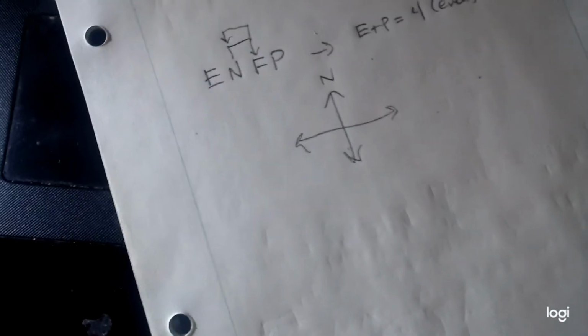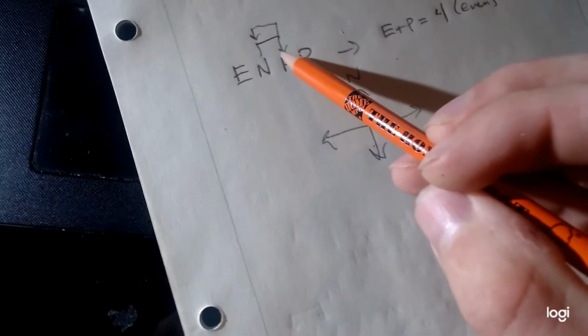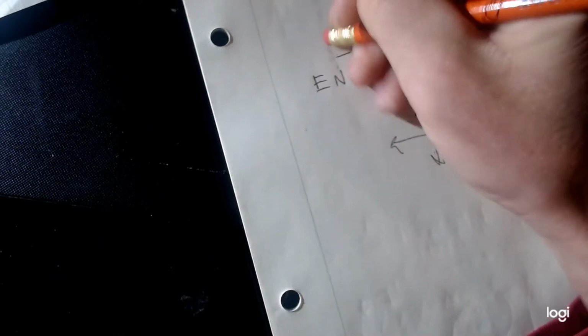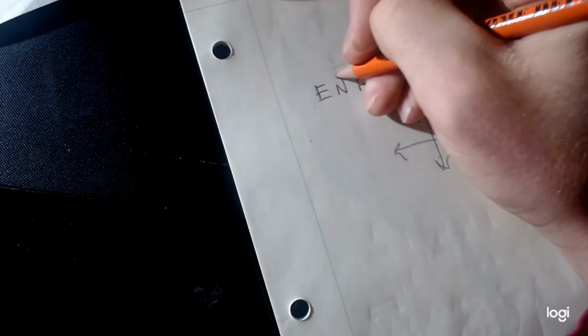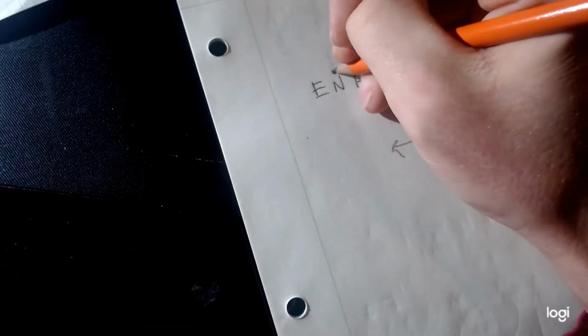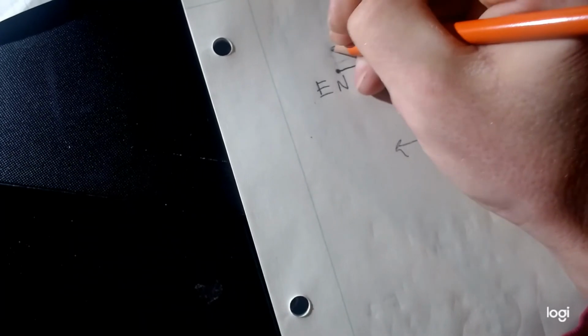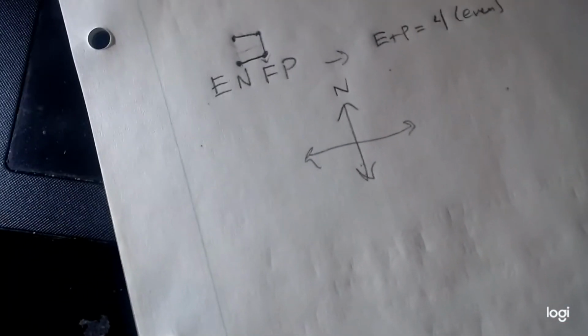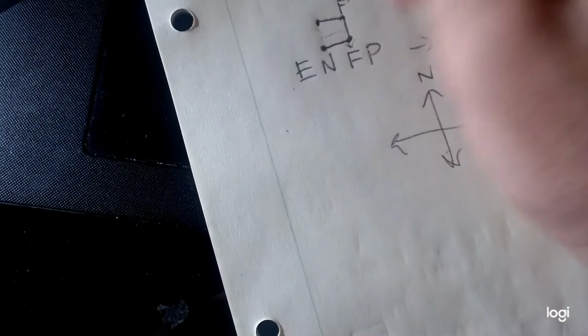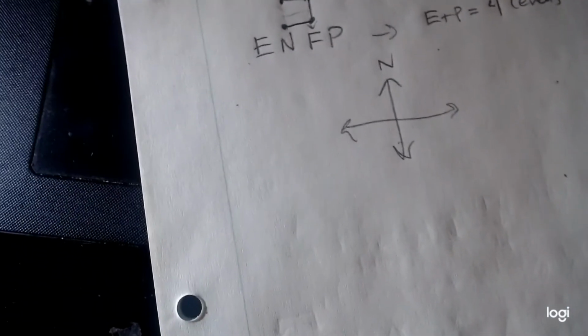I drew that pretty bad. You're going to start here. How do I draw that better? I would just put, it's better to do this. So basically you start at N, you go to F, you stay at F, but this is a polar, this is F prime, and this is N prime. And then